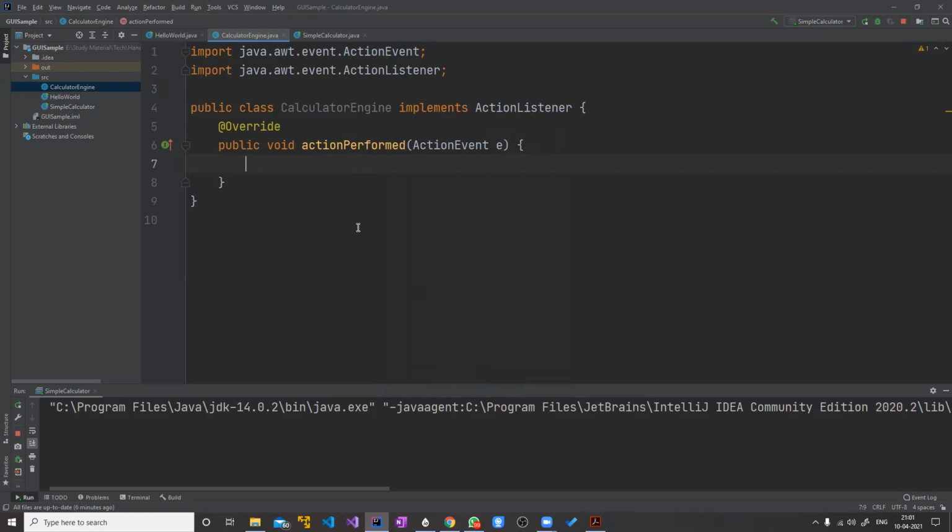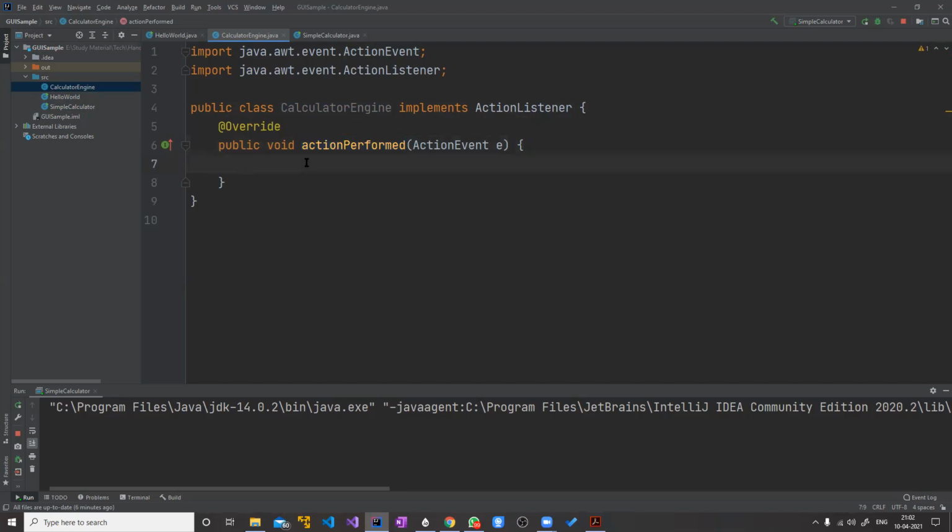Now you see the name of these methods are self-explanatory. When a particular action happens, this action listener should be called. And when this action listener, that is calculator engine, is called, then what action has to be performed? So this action has to be performed. That's why the name of the method is action performed.